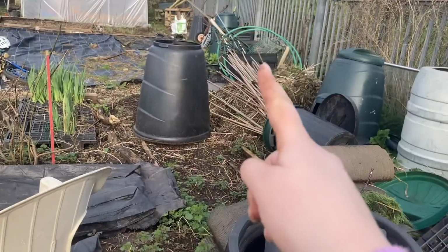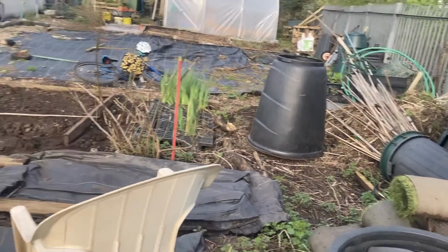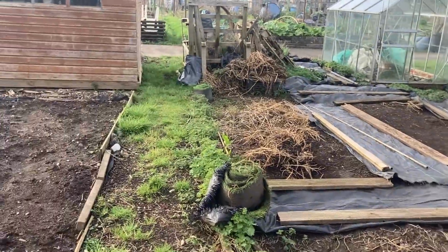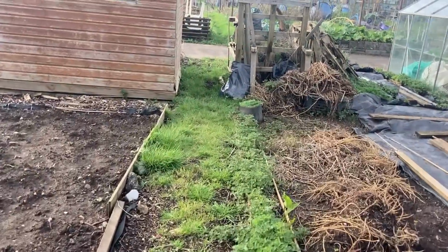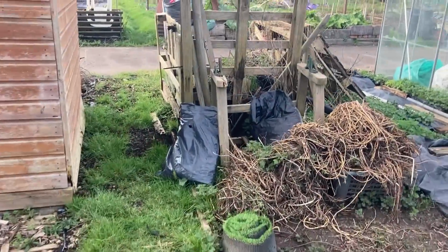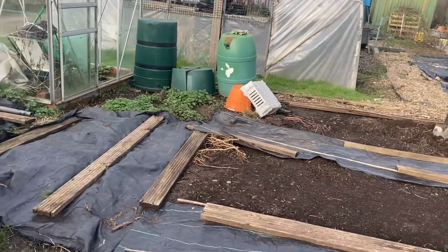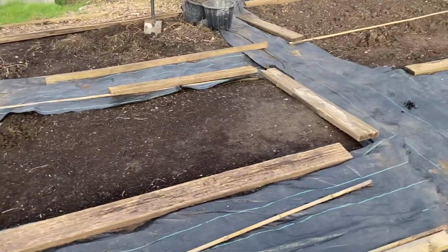Yeah, then I've got 1, 2, 3, 4 compost bins that I'm going to use, and eventually I'm going to put them at the front of the plot, kind of where this current compost heap is now, but I don't know, make actual nice compost with it. So yeah, there's so much to do,